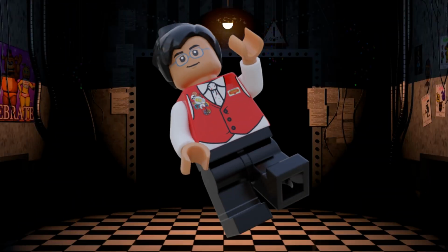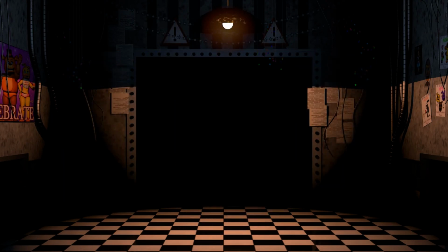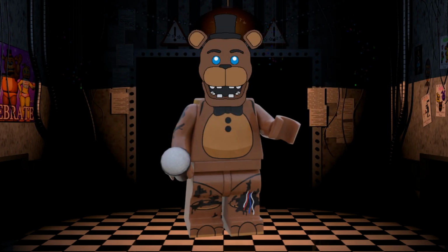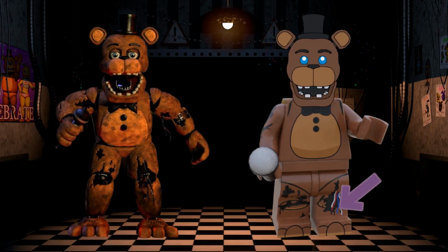Now, if I'm being honest, there just aren't enough characters in Sister Location to fill out a minifigure series. So, I had to throw in some characters I missed out on in my last video. Like Withered Freddy. He's low-key one of my favorite animatronic designs in the franchise. Something about the messed up eyes captures that cute yet creepy vibe Chuck E. Cheese always gave me. Freddy would use normal legs, with some printing for his holes and wires, as well as